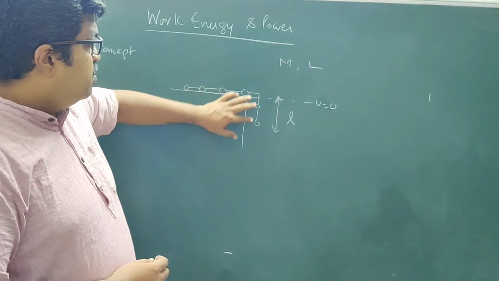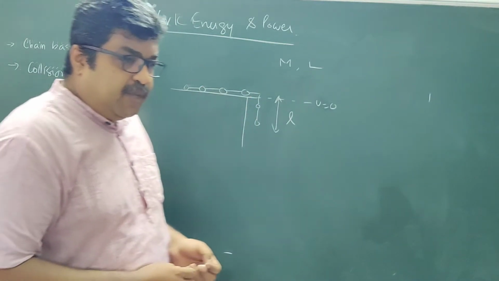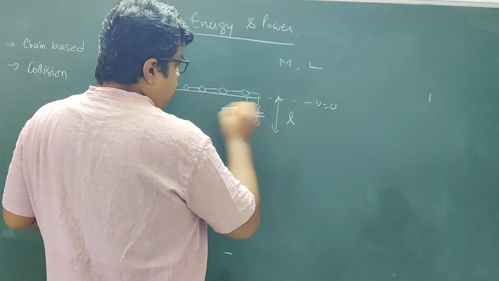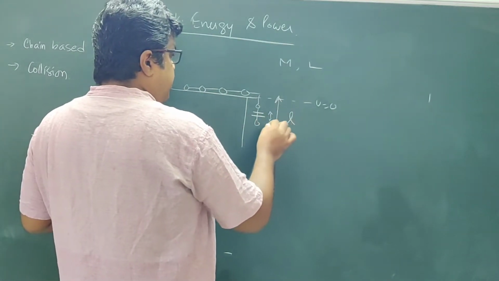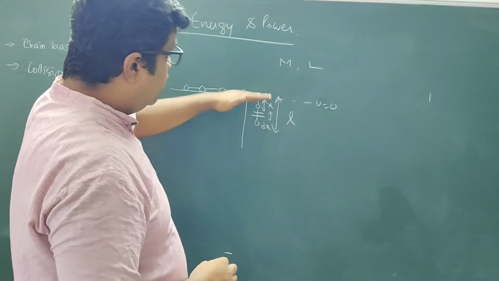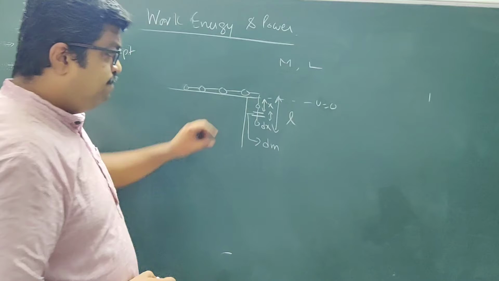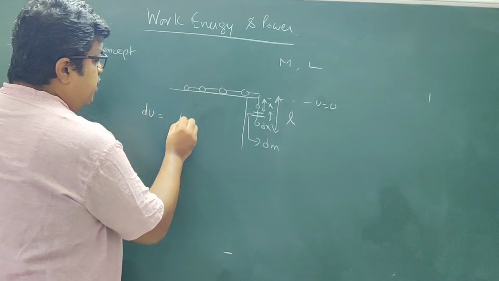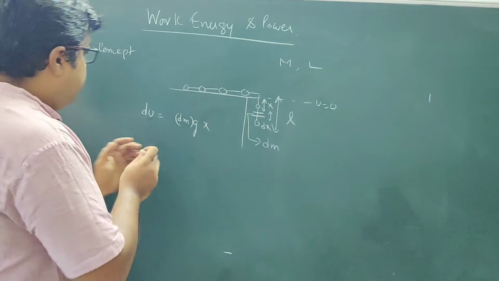So it is asked, what is the potential energy of this hanging part? To calculate the potential energy of the hanging part, we will take one small part of length dx, and this is x. It is x below the reference line. If this segment has mass dm, what will be the potential energy? dU will be equal to dm g x, the mgh formula, with a minus sign.